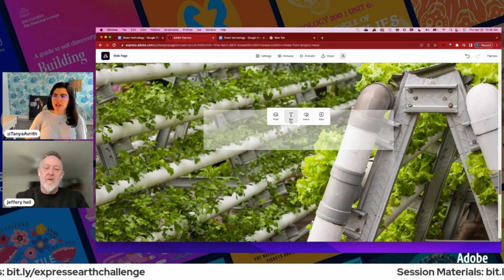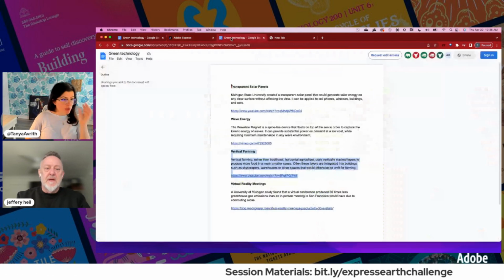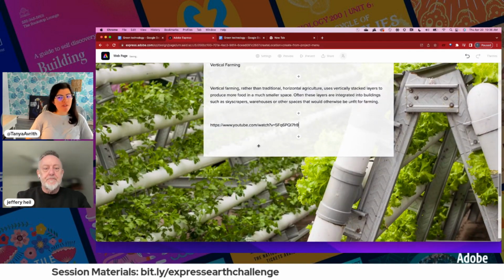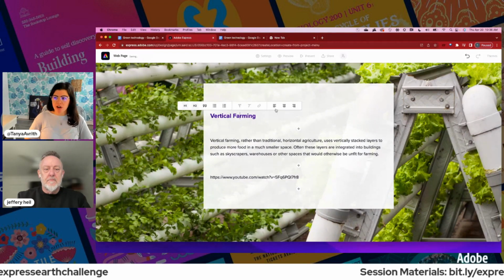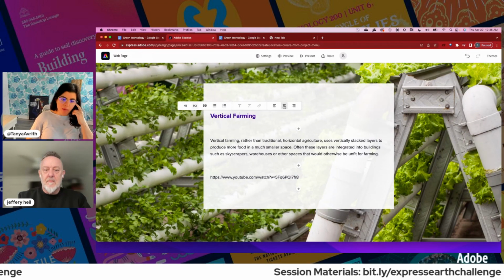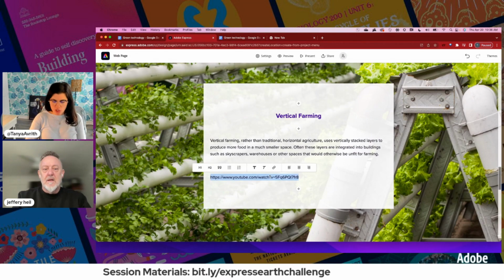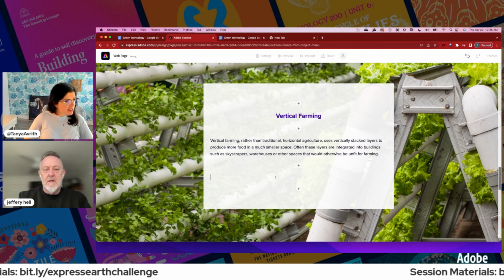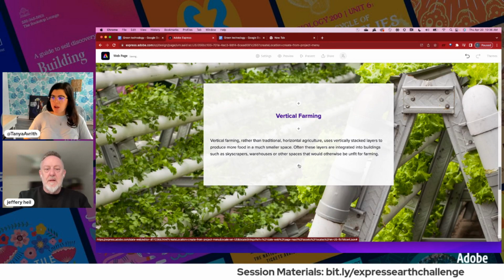Exactly. So I'm going to go here and I'm going to click on text because I copied the text. I went back in like we were doing before and I copied the text. Same exact copy. Yep. And now I've pasted it. So Jeff, watch this. I'm going to give my header. Remember, I'm going to center it. Center it. And then I'm going to cut the text of the link, because I'm going to